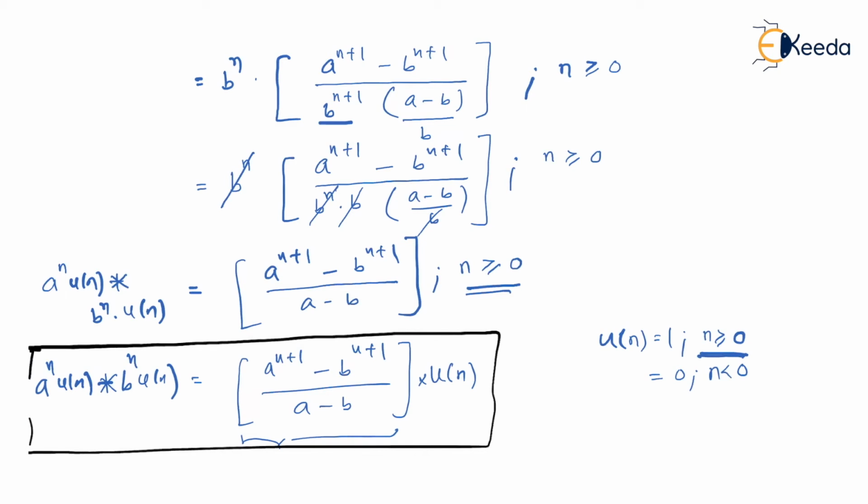The reason why I'm saying that this result is very important is that by using this result, I can actually get the result for the other set of convolutions which I have stated in the first slide. So how do we see that now? What we had is a to the power n u of n when convolved with b to the power n u of n,